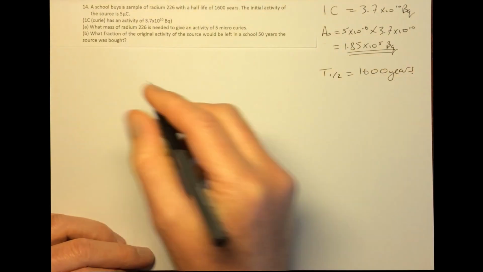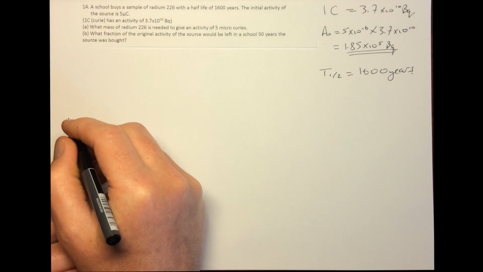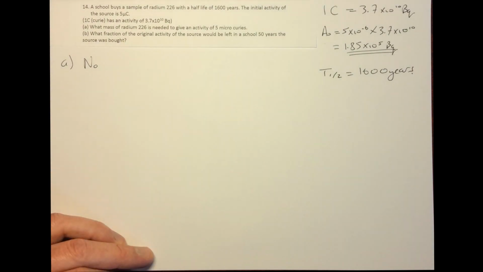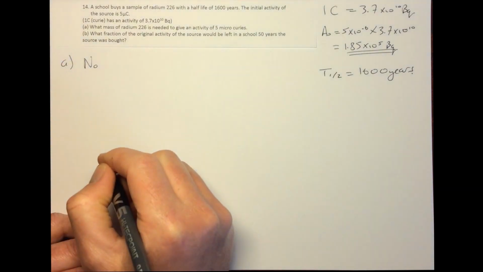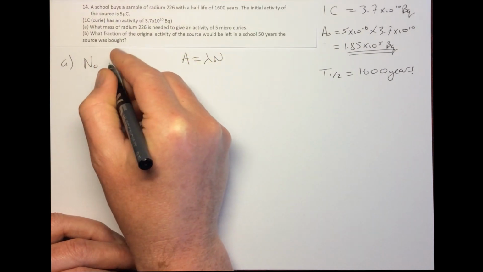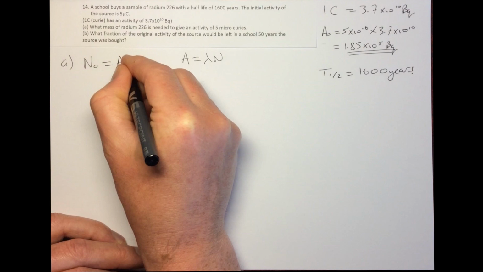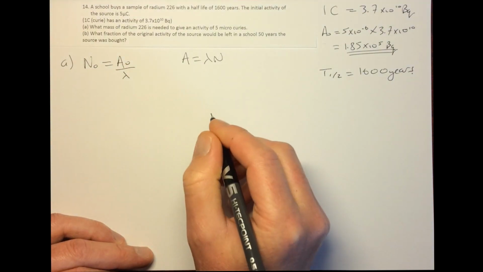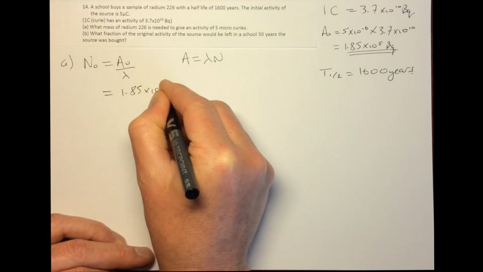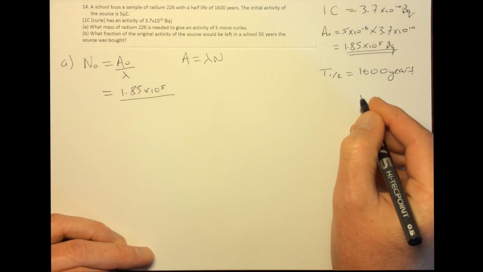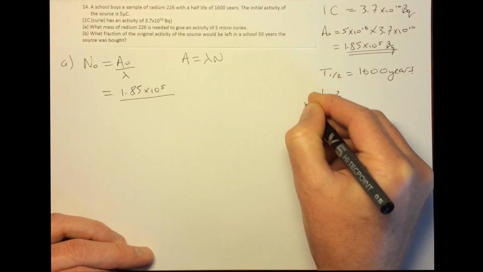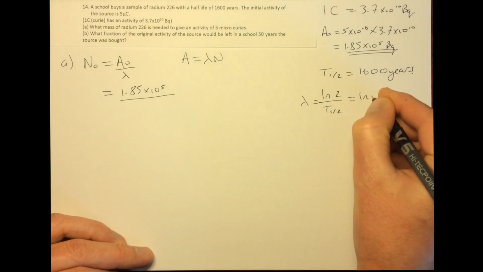Okay, so now what we're asked to do is work out the mass of radium-226 needed to give this activity. So we now need to work out the number of atoms that are present, and the way to do that is use the equation A equals lambda N. So N naught is going to be equal to A naught over lambda. Now we already know what A naught is. It's 1.85 times 10 to the 5 becquerels. Now lambda is just equal to ln2 over t half. Okay, that's lambda, so it's going to be ln2 over